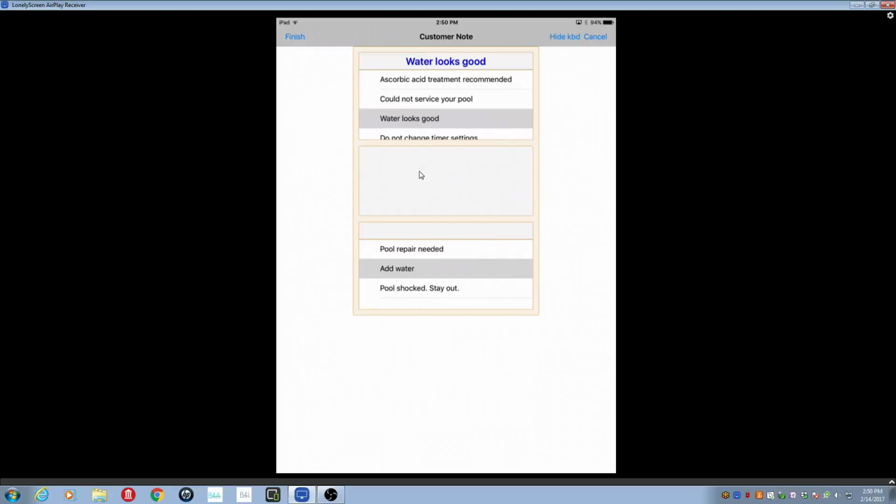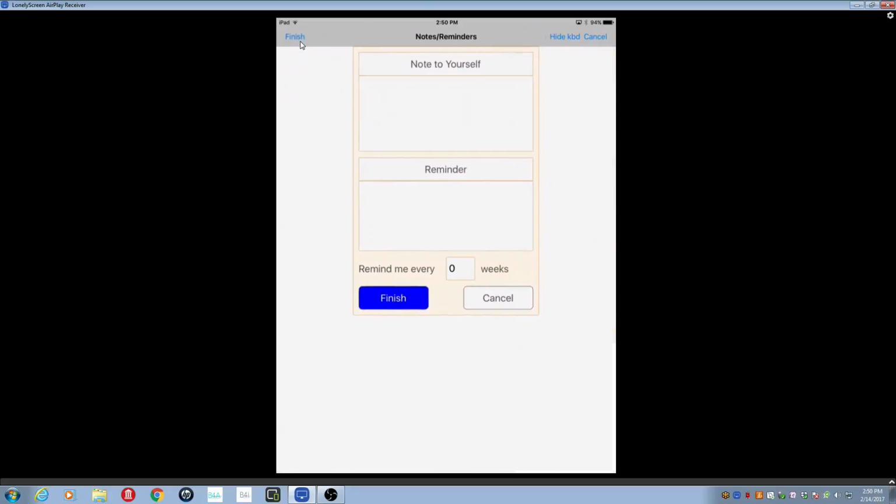There's also a box here if you need to type your own message, and if you're allowed to type a message to the customer, that box will be available for you to type a message. If you're not allowed to type a message, you will not see that box. You will not be able to type in that box. Okay, so now that we're done with the notes, we can click the finish button to go back to the